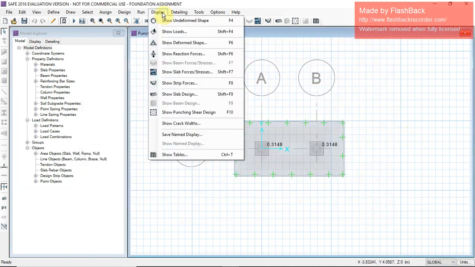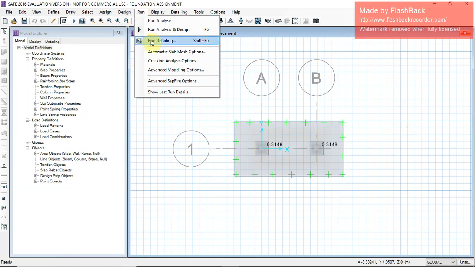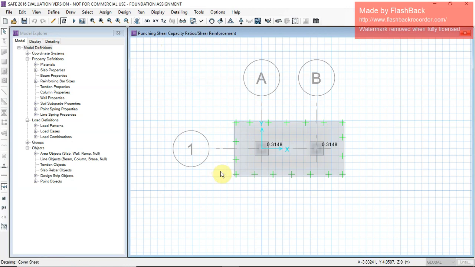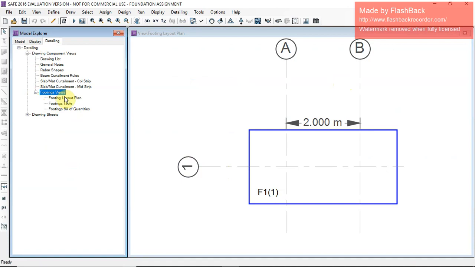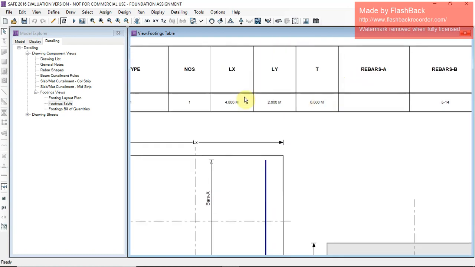Now you can run detailing for all the three options. You can see detailing. Now drawing component views, plotting views, plotting layout plan is also defined. Plotting table, you can zoom in.